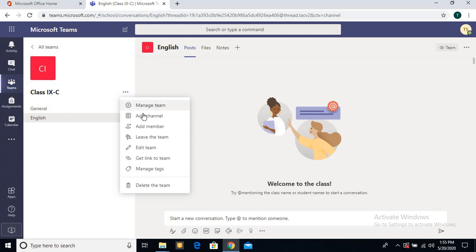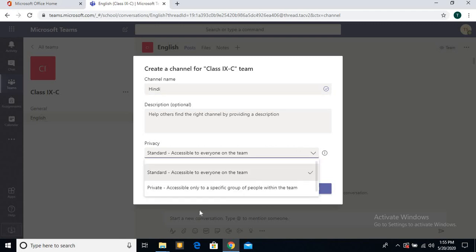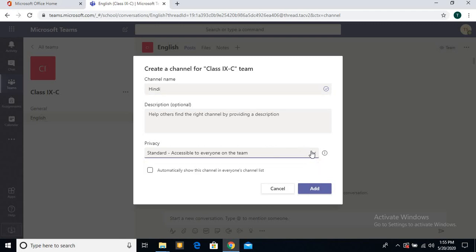Now the second one, add channel, Hindi. Hindi I'm not going to create because I have to verify which students are opting for Hindi or not. So if you opt for Hindi here, you have to follow the second option, private, then it will ask you to choose the particular students. I'm not choosing this Hindi. Punjabi is compulsory for everyone, so I'm going to create Punjabi, add.